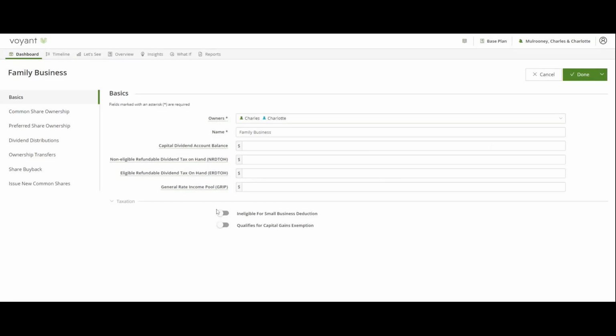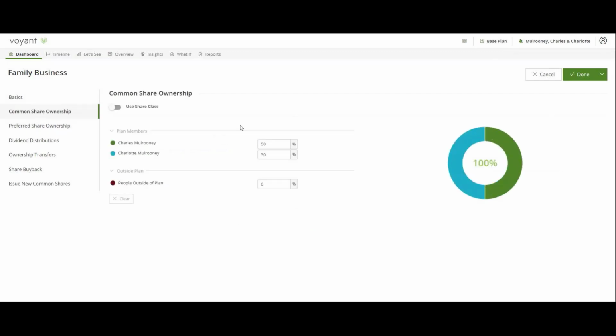Now, you can also toggle these on or off depending on your client's taxation requirements and what they're eligible for, but these are going to be small business deductions and capital gains exemptions that they may or may not qualify for. Over here on the left-hand side, you're going to want to enter in their common or preferred share ownership. I'm going to model a common share 50-50 ownership for this example, and I'm just going to click Done